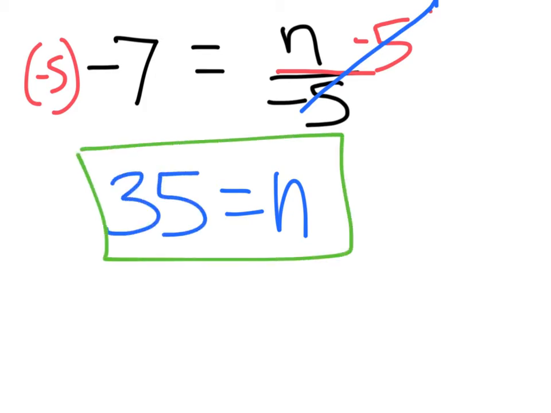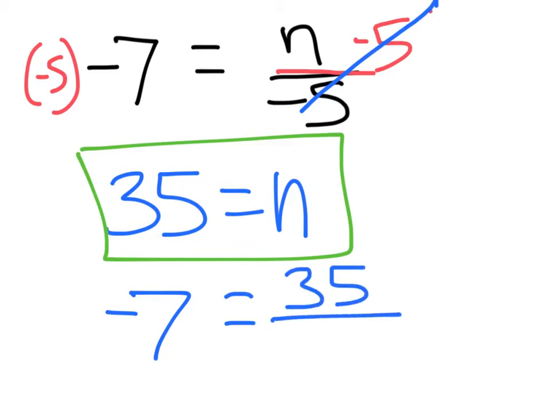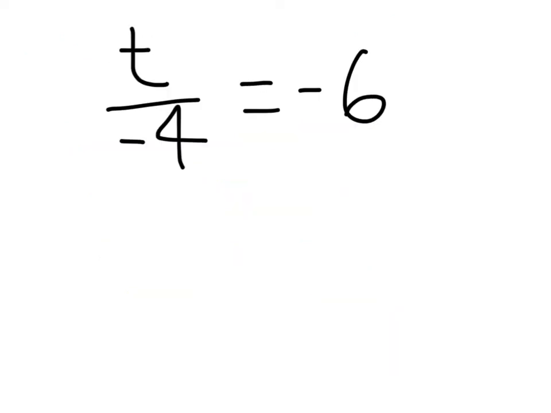So this is our answer, but let's check just to make sure that everything's hunky-dory. Negative 7 equals, now instead of n, I'm going to write 35 divided by negative 5. And when we do that,